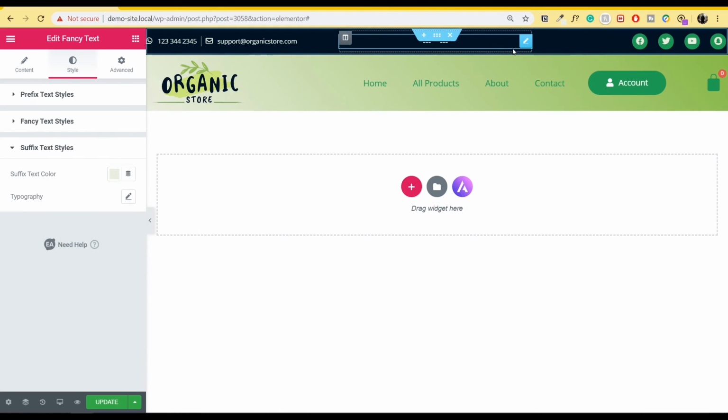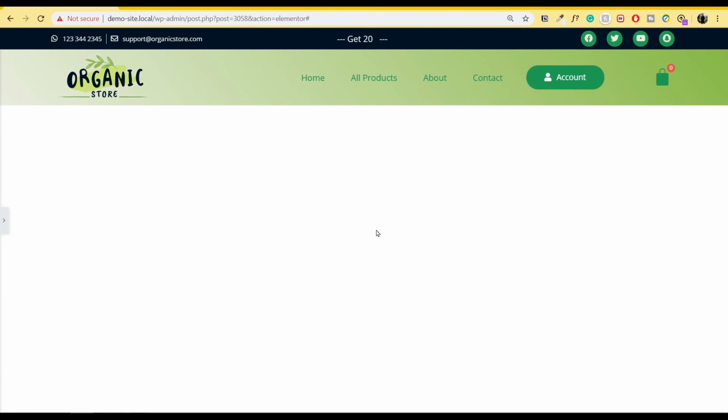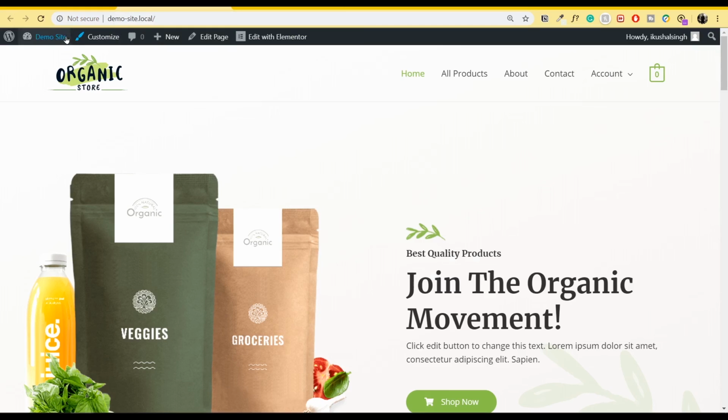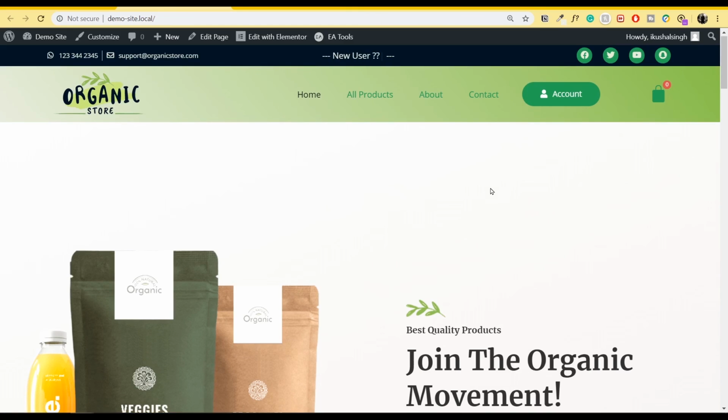Now it's looking good, but everything is a bit too big. Or let me just hide it for now and let's see how it looks. So to me, it looks pretty good right now. I can go ahead and change the text size. However, I think it's looking good and I can use this on my website. So what I'll do is I'll click on update. If I go to my front end now and I reload it, you can see this was the original one and this is my new website. And I have this rotating text on the top.